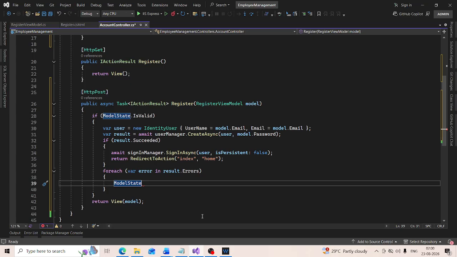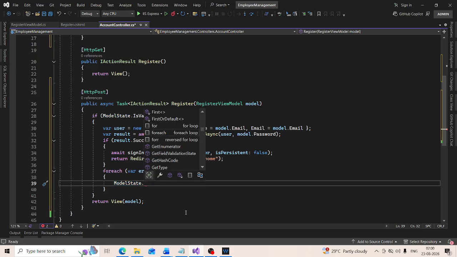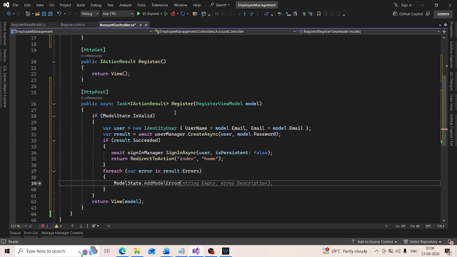For that, on the ModelState object, we have AddModelError. As a key, I am going to pass in an empty string, and to get the error message itself, on the error loop variable, we have Description. These validation errors are then displayed